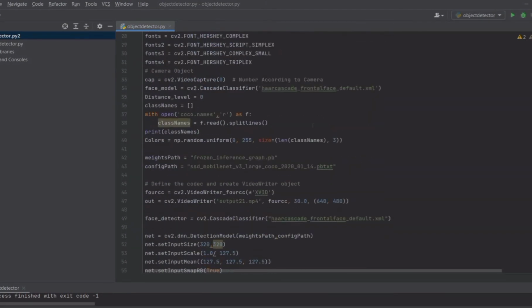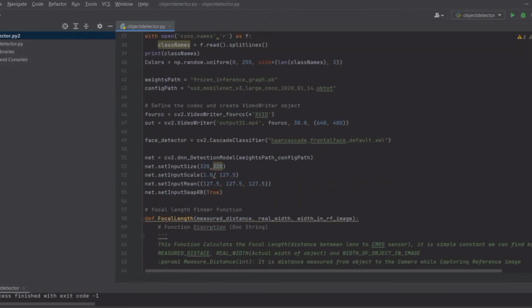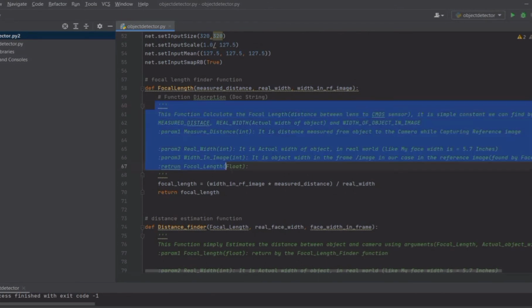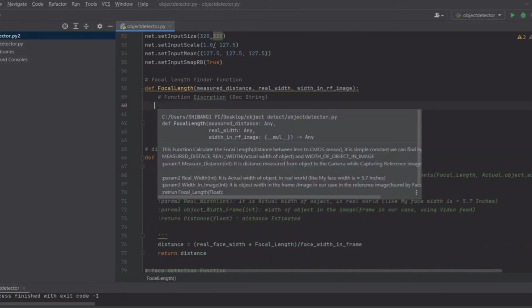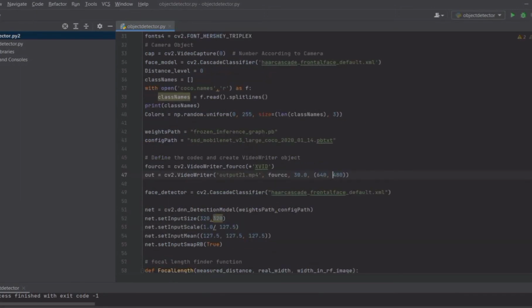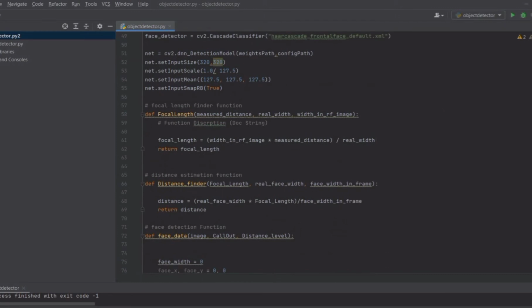After that, we are using this Haar Cascade frontal face classifier here. This is again a pre-trained model. This is the focal length module.